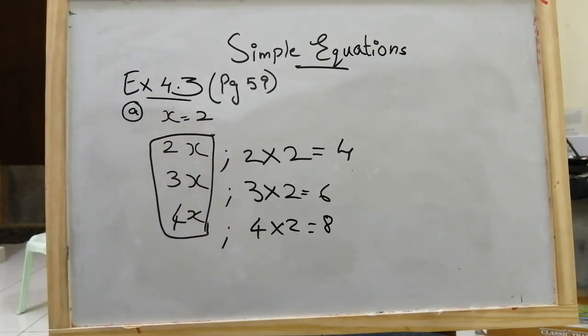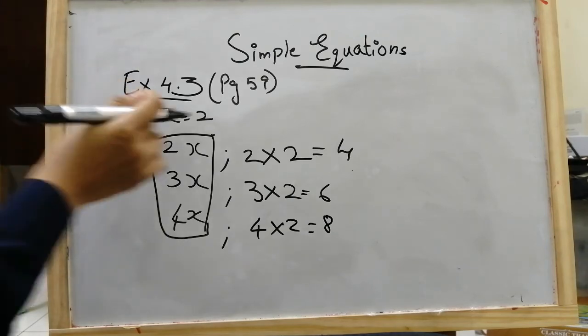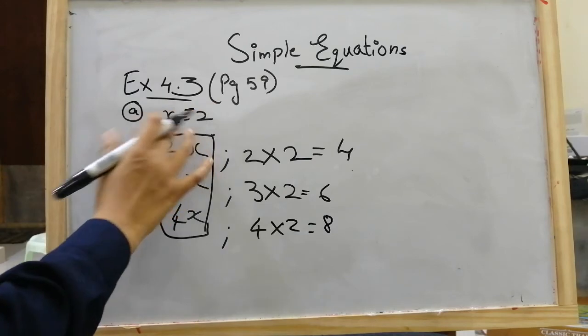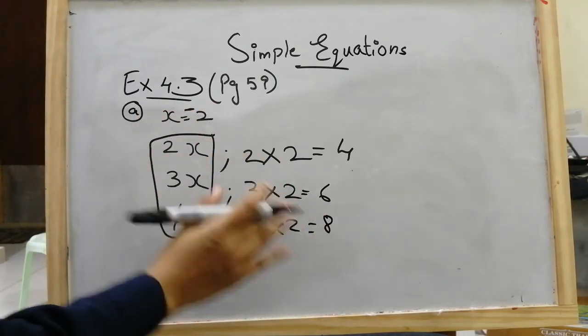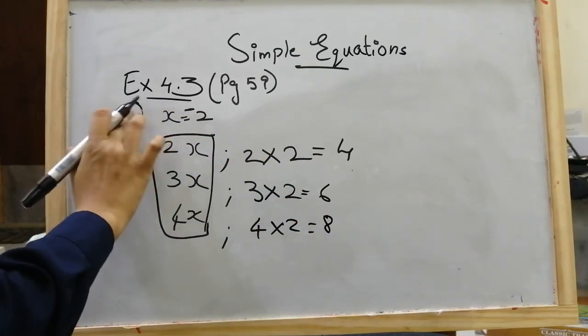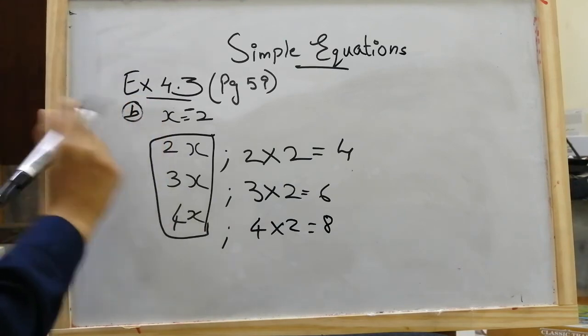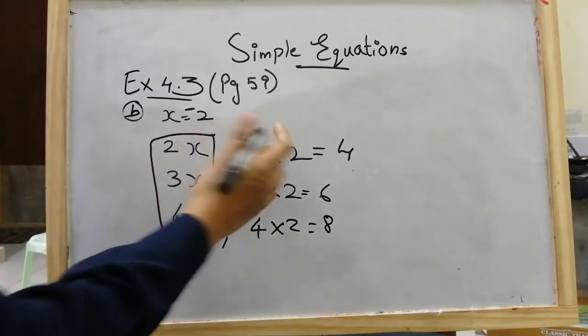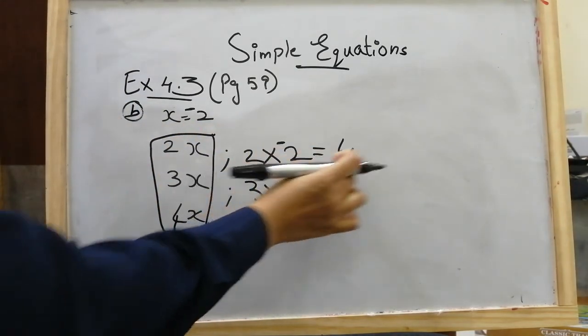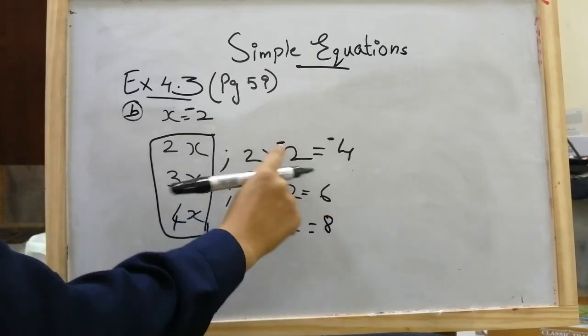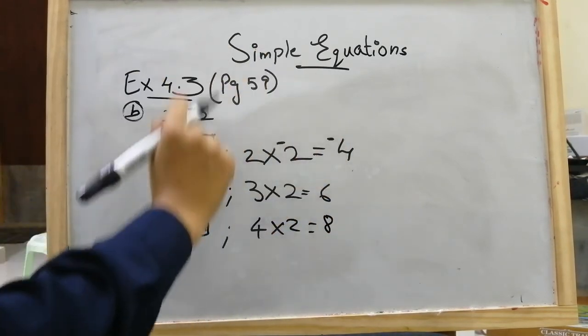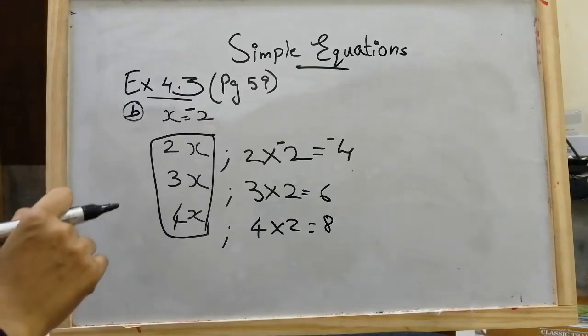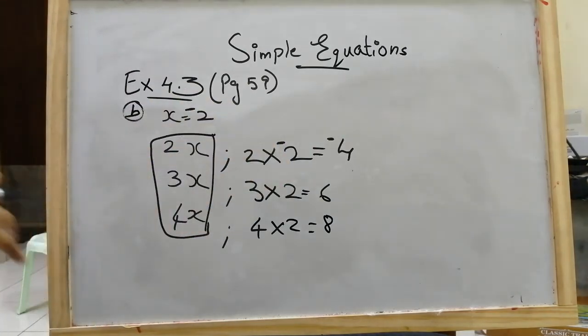Now the second part is construct 3 equations starting with x is equal to minus 2. Now for the next question it is minus 2. Same thing, no change. For B also there will be no change. x is minus 2 means 2 into minus 2. What is the answer? 2 2s are 4 and minus sign. How does the minus sign come? In case of multiplication and division, we don't look at which is the big number and put the big number's sign. That is for addition and subtraction.